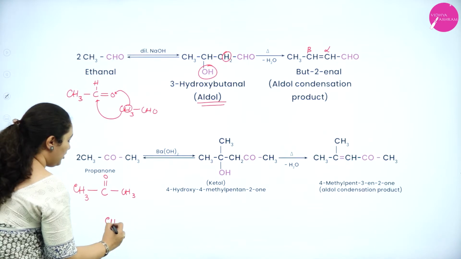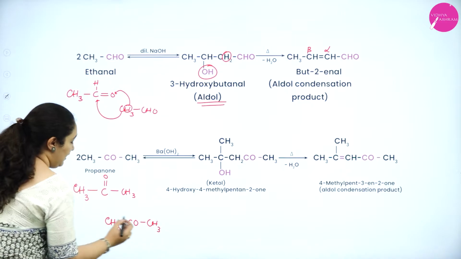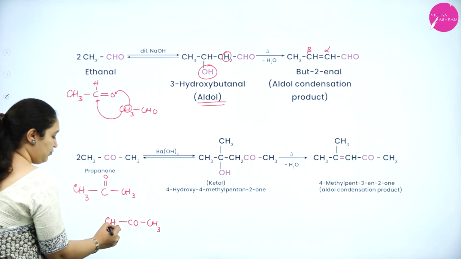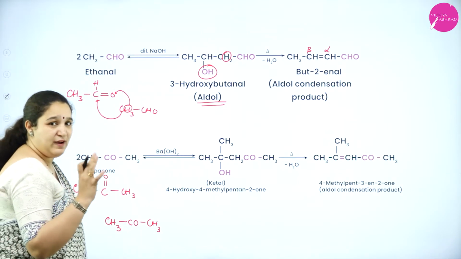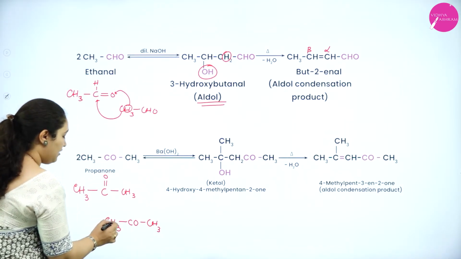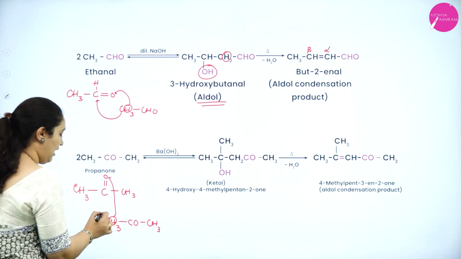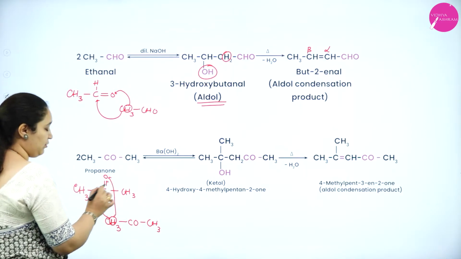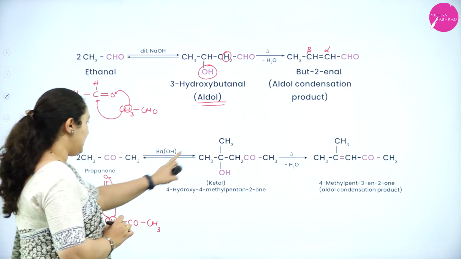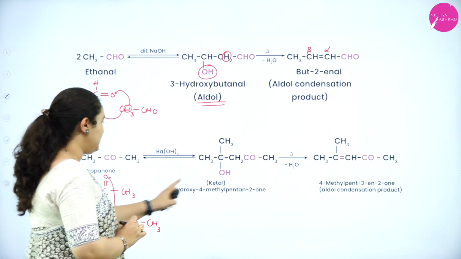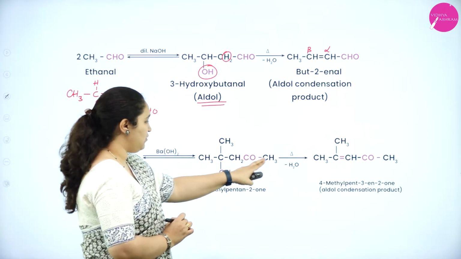I have one more molecule of CH3COCH3. This one is the functional group. This is the alpha carbon, this is the alpha carbon, alpha hydrogen, alpha hydrogen. Any one alpha hydrogen. So I'll consider this alpha hydrogen. One hydrogen will go to oxygen and the same alpha carbon atom will get attached to the carbon to remove the double bond. So you will get CH3, CH, this CH3 is written here, OH is written here. What is remaining? CH2COCH3.